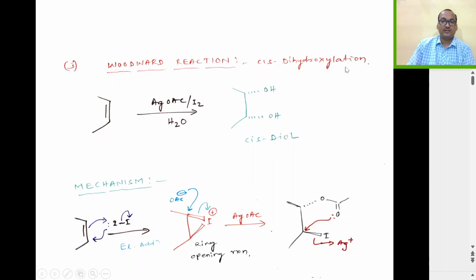Then another cis hydroxylation reaction is Woodward reaction. So alkene reacts with silver acetate and iodine in presence of water, giving rise to cis diol. So here